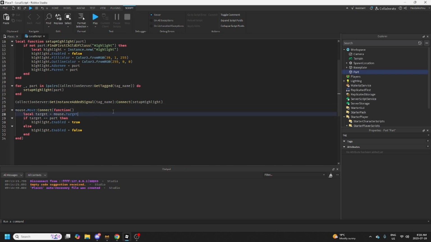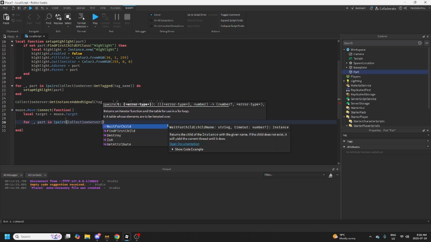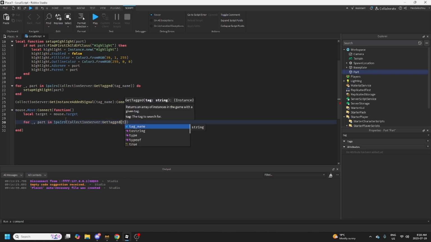So local target, that stays the same, but now we're gonna do, let me just delete all of this, for part in ipairs collectionServer, even though it's supposed to be collection service, I'm just not gonna go back and change it. GetTagged, and then tag name, and then do